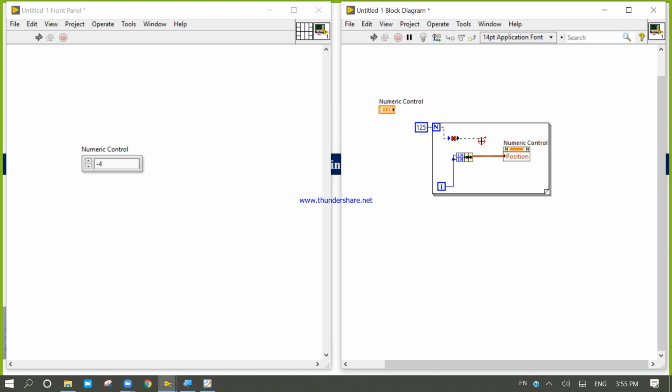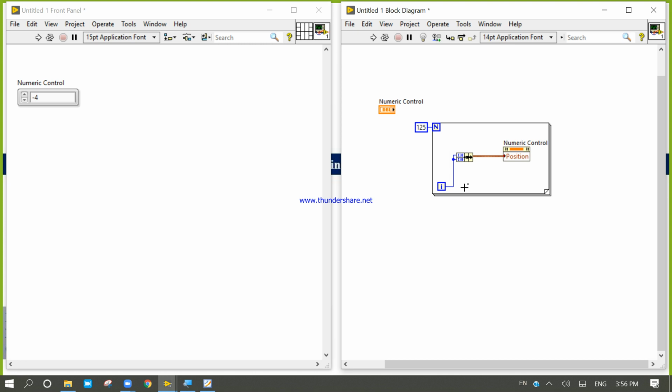Okay, if I delete this one, control B, so by using this concept you can move any object.